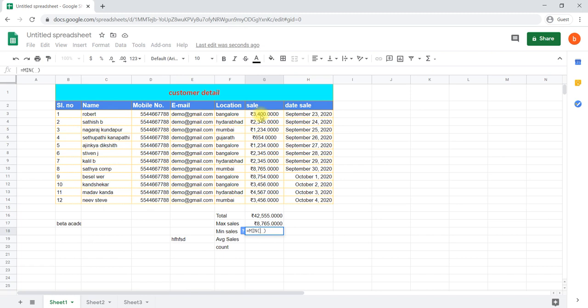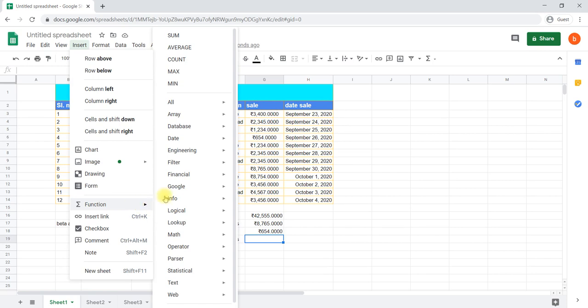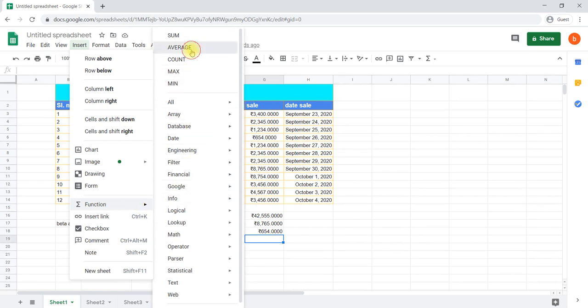For the minimum sales, again go to Insert, Function, Minimum. Again select the data. Hold Control and Shift Down Arrow key so that it selects the entire data. Enter. For average sales: Insert, Function, Average.